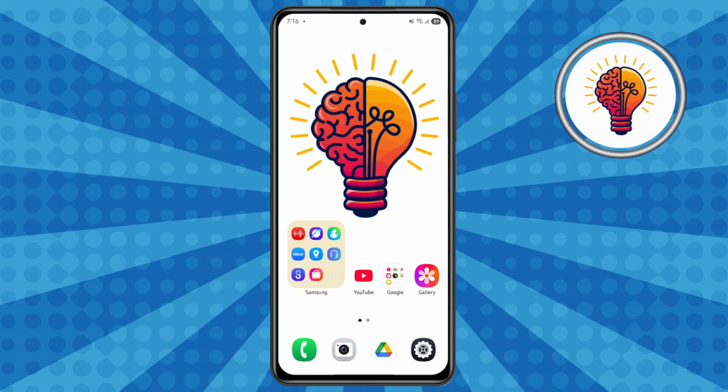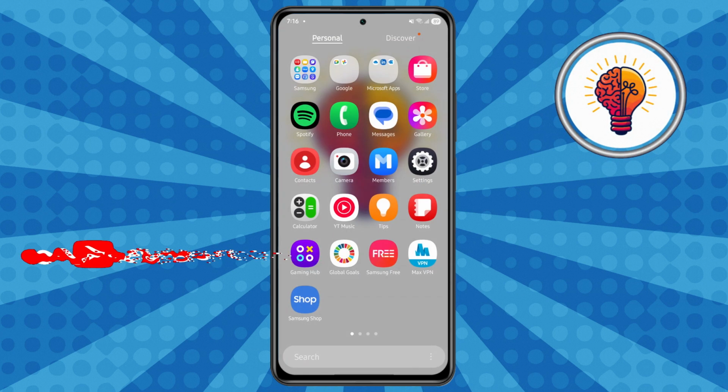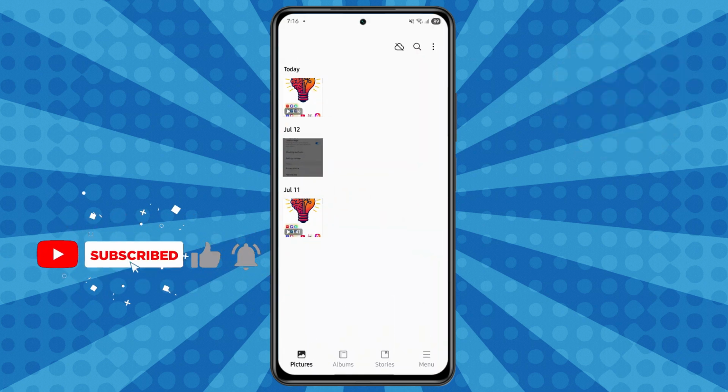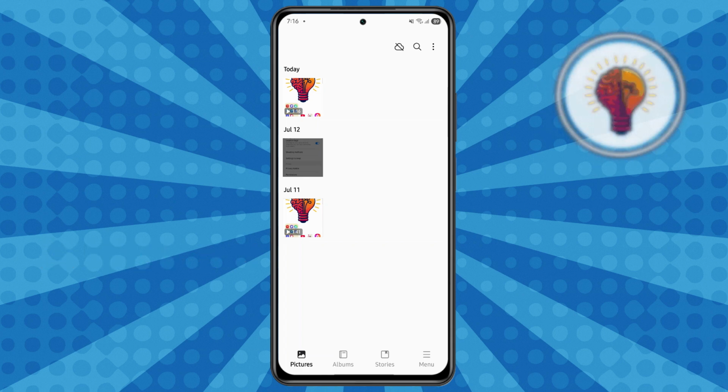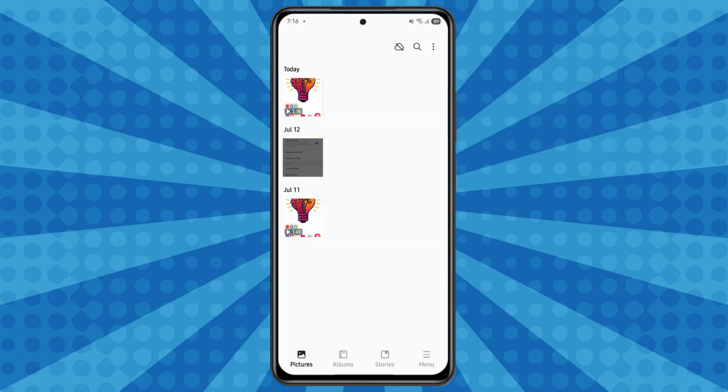Now, let's dive in. Step 1. First, unlock your phone and open the Gallery application. This is the app where all your photos and videos are stored, and it usually comes pre-installed on all Galaxy devices. Step 2. Once you're inside the Gallery app, look at the bottom of your screen and you'll locate the